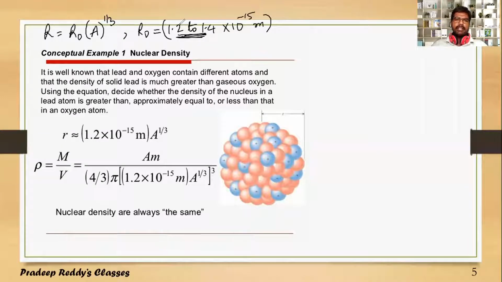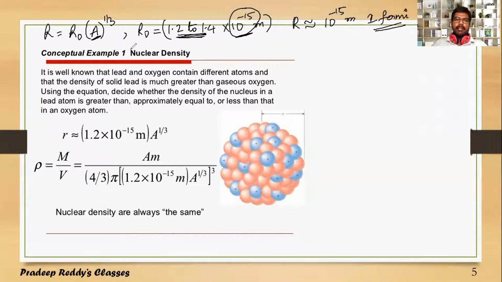So you can always take it as a fixed value. You just take it as 1.2 or 1.4. And this does not make any difference because it is always multiplied with a constant 10 power minus 15. And this 10 power minus 15 is even multiplied with A power 1 by 3. So maximum A value will be nearly 290 or nearly 300 or 320 or 315. That's it, not more than that. And that is raised to power 1 by 3, and it is multiplied with 10 power minus 15. So therefore, the size of the nucleus is nearly of order 10 power minus 15 meter, or you can call it as 1 Fermi.